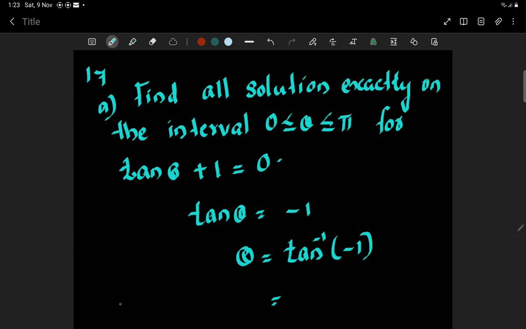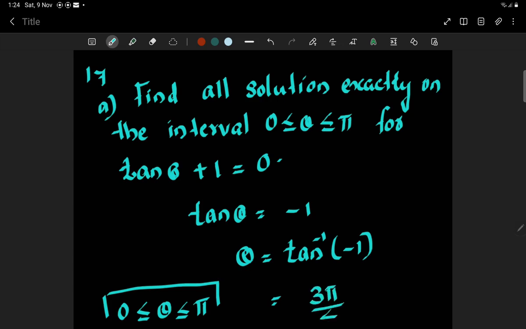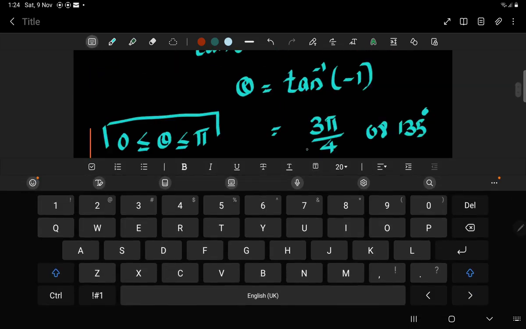We need the answer in the interval 0 less than or equal to theta less than or equal to pi, in between 0 and 180 degrees. That is our interval. That means the angle should be given as 3 pi by 4, or 135 degrees. Use a calculator, you will get the answer. Okay, then